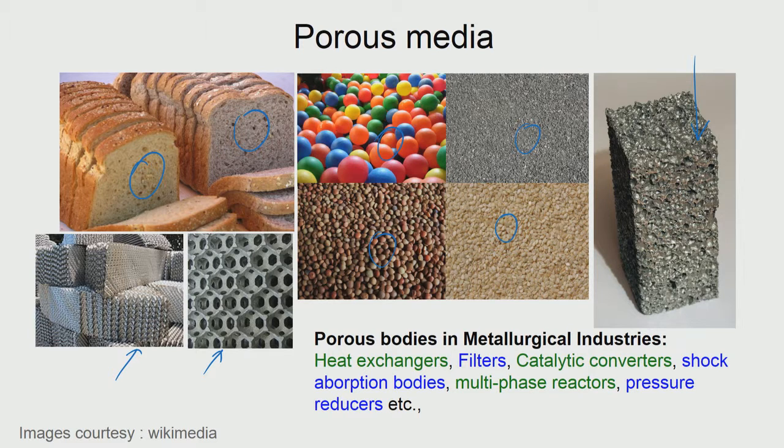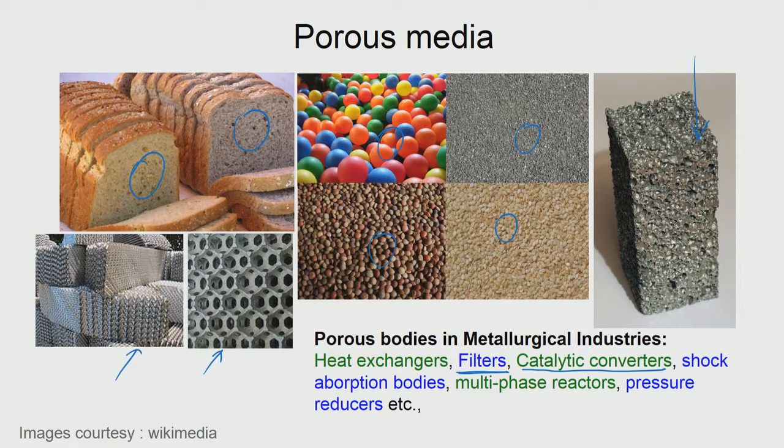And in metallurgical scenario this is very much important, because apart from heat exchangers, filters for example are very much porous bodies. Basically if you have a bed of alumina spheres, then you could use it to filter the dross from the liquid aluminum melt, and therefore you could actually use porous bodies for filtering liquid metals. Liquid metals are very corrosive, so you could not use a metallic sieve to do that particular kind of a thing. And as you can also see from the appearance that porous bodies have a lot of surface area that is available. So, which also means that reactions that take place on surfaces can also be enhanced.